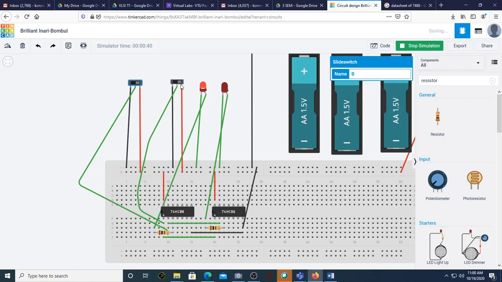There is no missing link here, because we did the connection of these ICs as we do it in the lab, with the wiring also being done. We have connected the switches and we are seeing the output. You can see now it is 0, this is 0, this is 1, sum is 1, carry is 0. Now it is 0 0, both are 0. If you make both of them 1 1, just click on this, since both are 1, sum is equal to 0, carry is equal to 1.